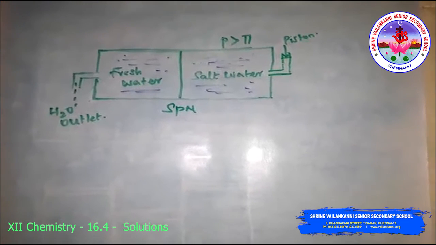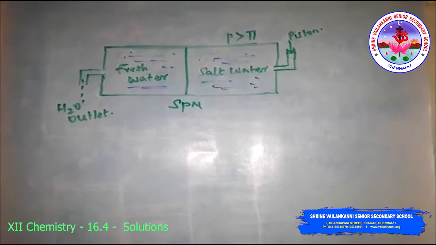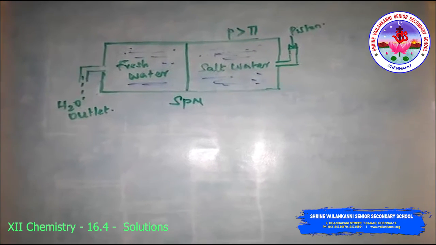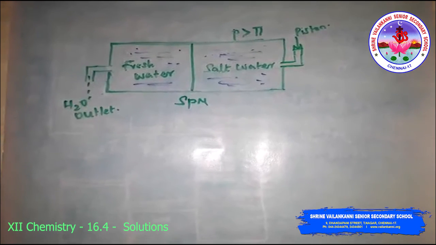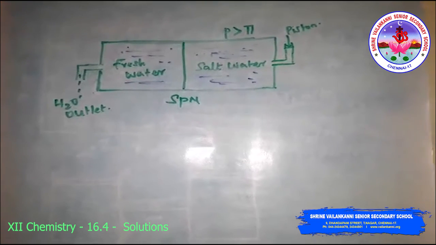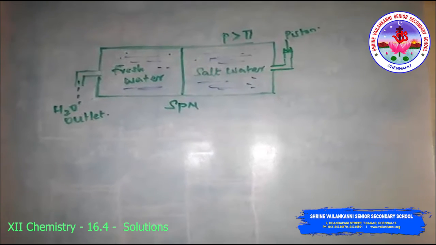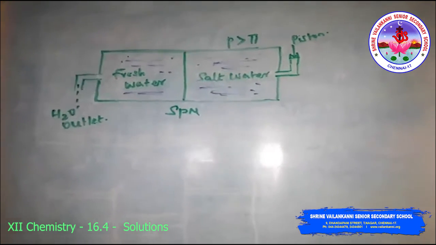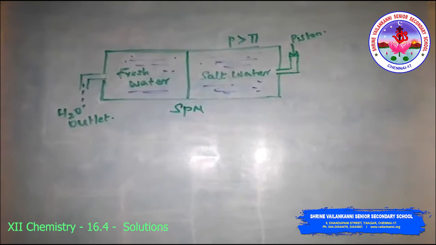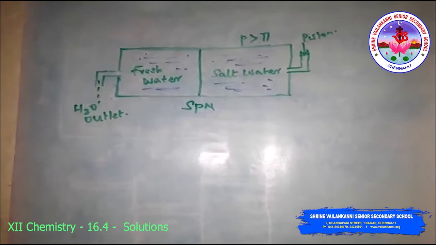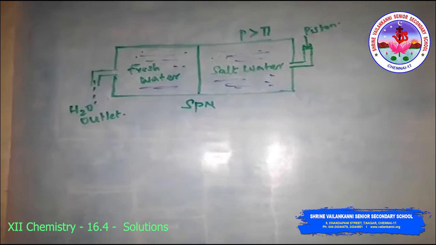A variety of polymer membranes are available for this purpose. The pressure required for reverse osmosis is quite high. A workable porous membrane is a film of cellulose acetate placed over a suitable support. Cellulose acetate is permeable to water but impermeable to impurities and ions present in the seawater. So these days many countries use desalination plants to meet their potable water requirement.